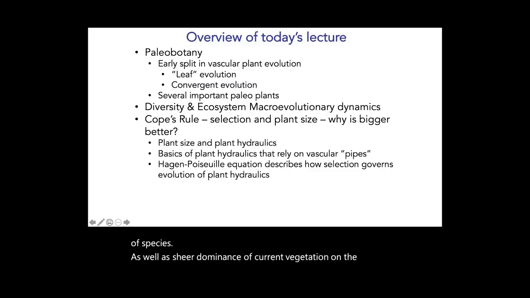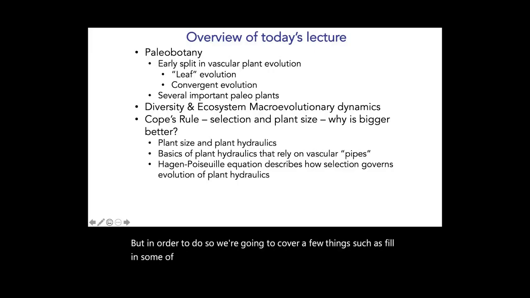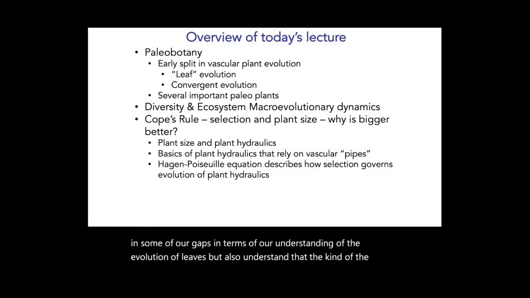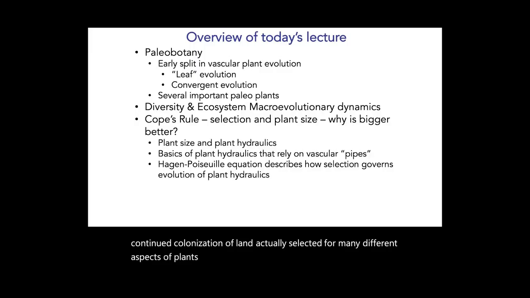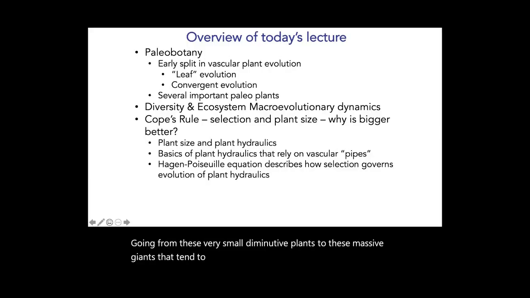But in order to do so, we're going to have to cover a few things, such as filling in some of our gaps in our understanding of the evolution of leaves, but also understanding that the continued colonization of land actually selected for many different aspects of plants. And one of those important axes of selection had to do with plant size, okay? Going from these very small, diminutive plants to these massive giants that tend to dominate the biomass and ecosystem fluxes